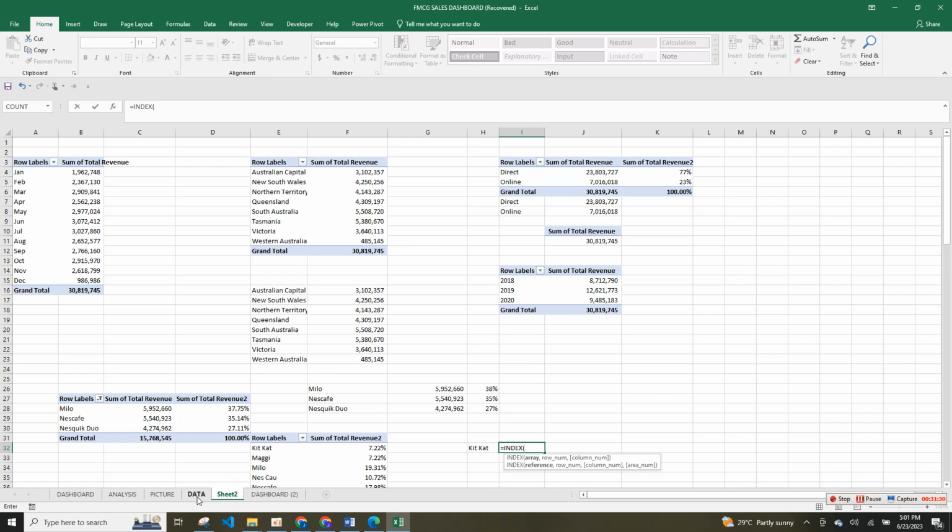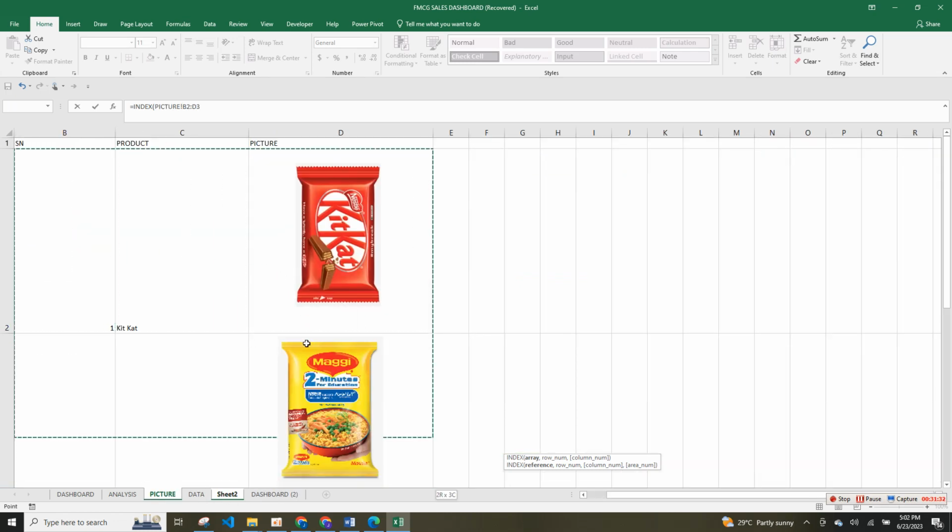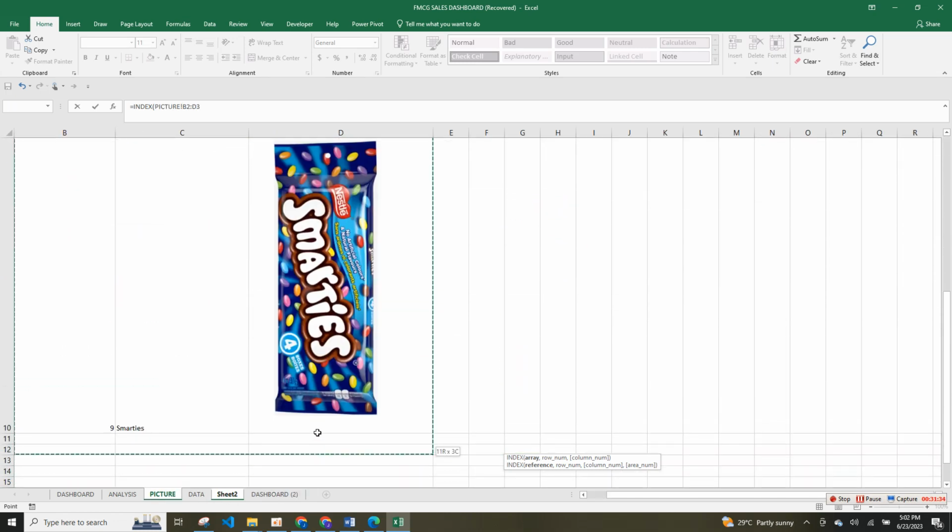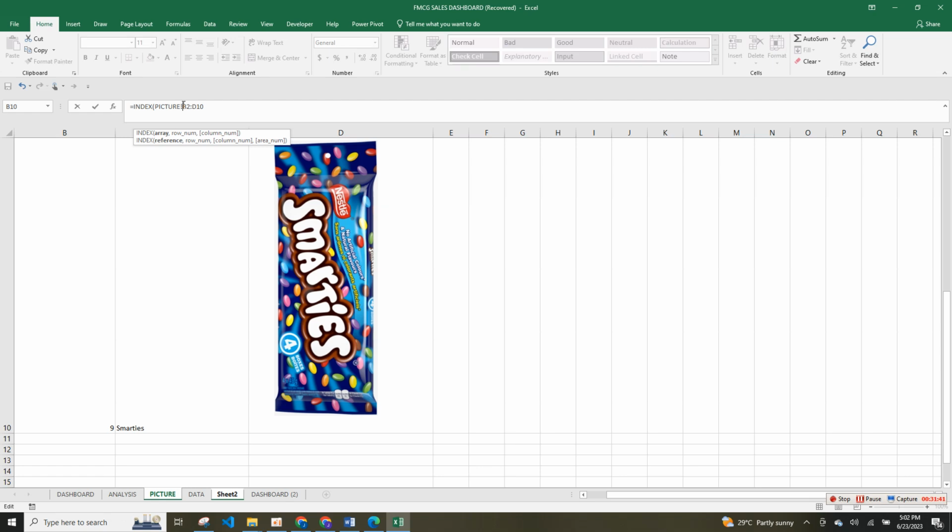So you go back to where your picture is and highlight all the three columns. Don't highlight the title together. Once you highlight them, then press F4 to lock your formula. Make sure you press F4, otherwise we are not going to achieve what we want to achieve. That's what I'm doing. I'm locking my formula